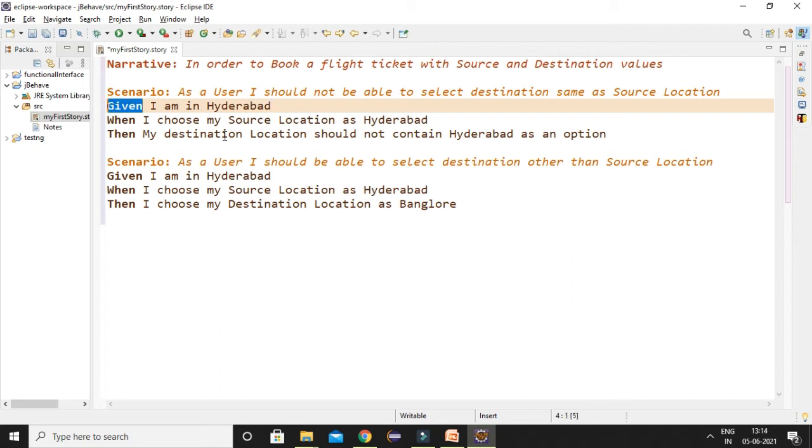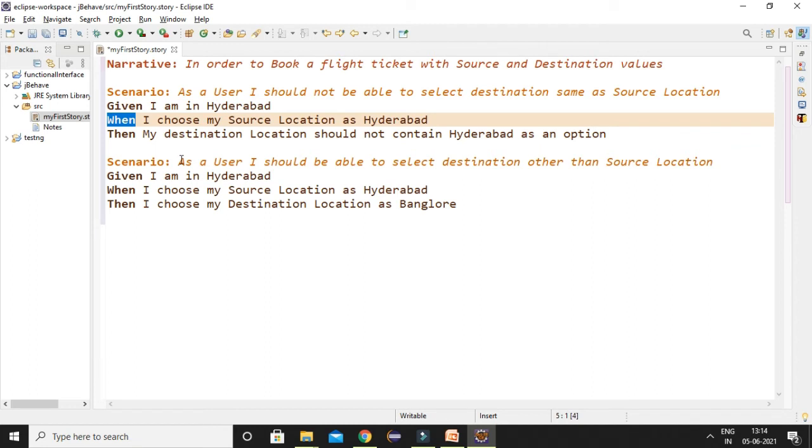The Given keyword represents a precondition. Here the precondition is I am in Hyderabad, that is your current status. When is used to say some event has occurred. Here I am choosing my source location as Hyderabad, which means I went to the source drop down and chose Hyderabad. That event has occurred.